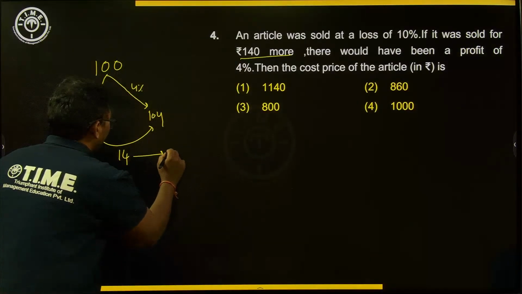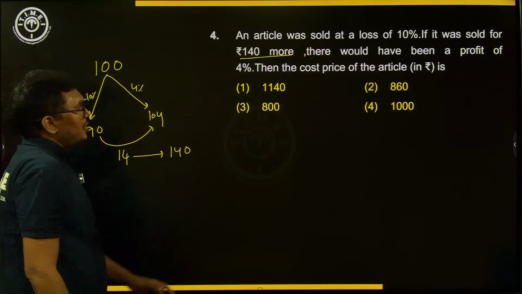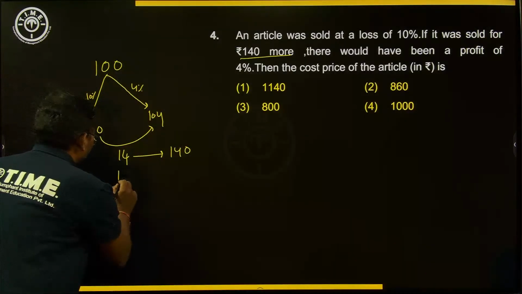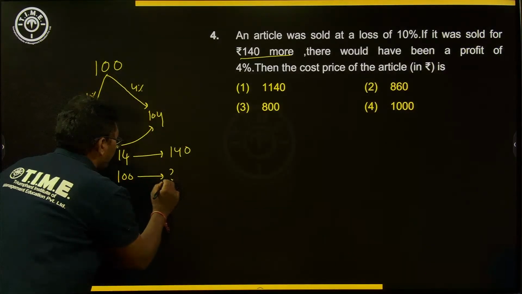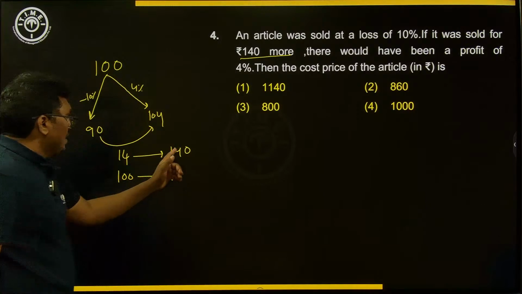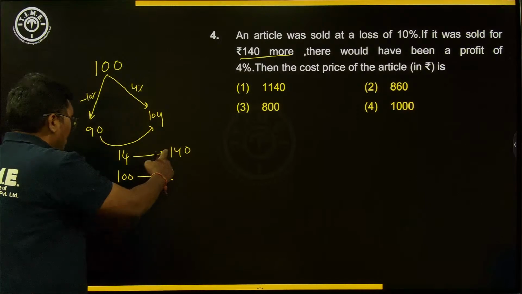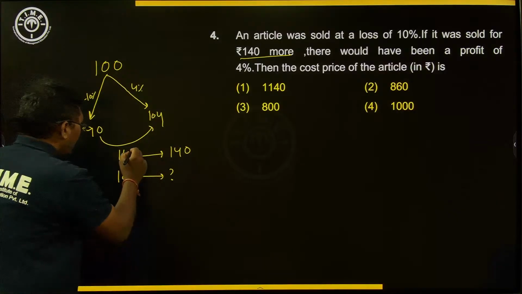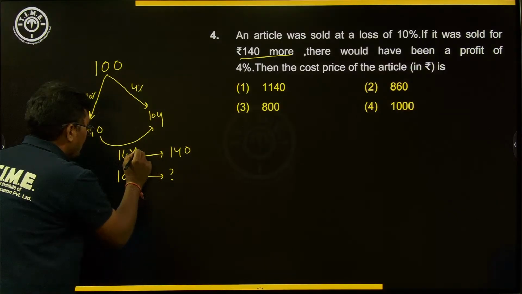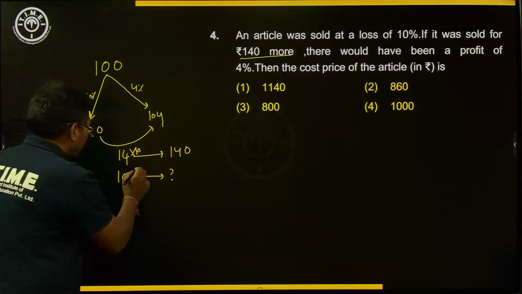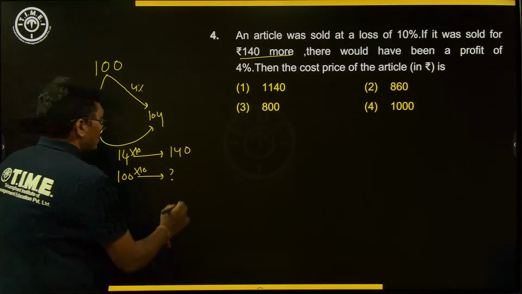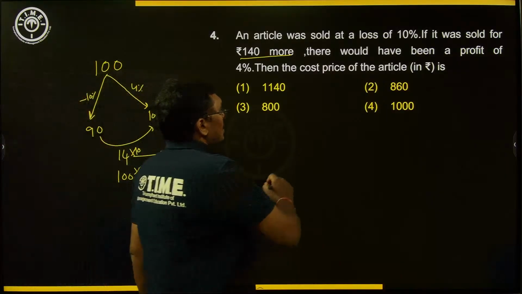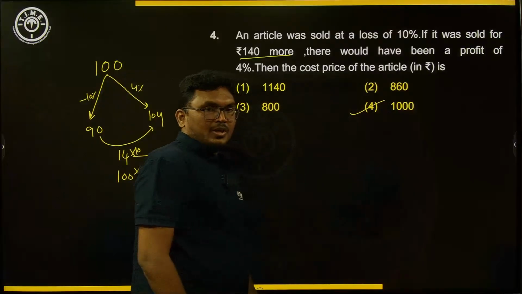So 14 is 140. So what do we have to find? We have to find the cost price. Cost price means our assumption, 100. So 100 is how much? Instead of cross multiplying, it is 140 into 100 by 14. Directly, 14 becomes 140 by multiplying by 10, so similarly 100 into 10 becomes 1000. So the cost price of the article is 1000 rupees. Clear? Next,